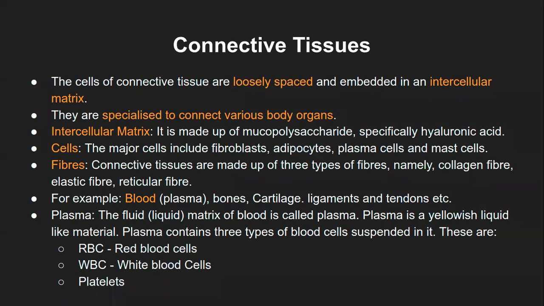In the last class, we had looked at the epithelial type of tissue, which is one of the types of animal tissue. Now we are going to have a look at connective tissue, which is the second type. One thing that I must mention with respect to epithelial tissue, your textbook says there are four different types of tissue, and they have only classified them as squamous epithelium, stratified epithelium, cuboidal, and columnar epithelium. So these were the four types.